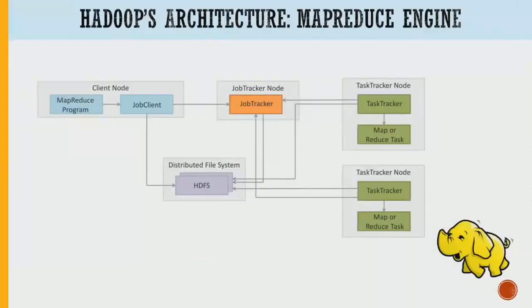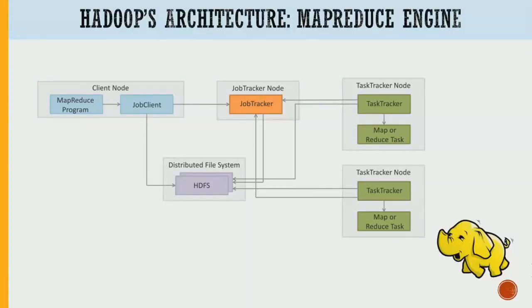This is the other picture that shows how different elements of the Hadoop cluster interact. As you see, the job tracker talks to the task tracker, which starts the MapReduce process, and then they also need to talk to the Hadoop distributed file system, which is managed by the name node and data node, because they supply the data to the MapReduce process. So all these things need to work together. The Hadoop cluster manager will make all these things work together as long as your MapReduce code is bug-free. If the MapReduce code has a bug, it doesn't matter how smart the Hadoop cluster is, nothing will finish.